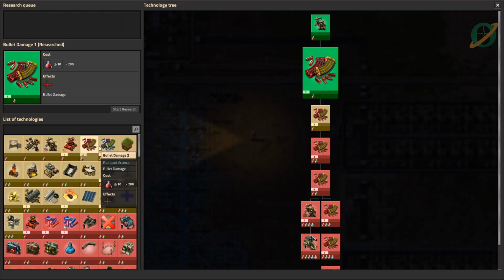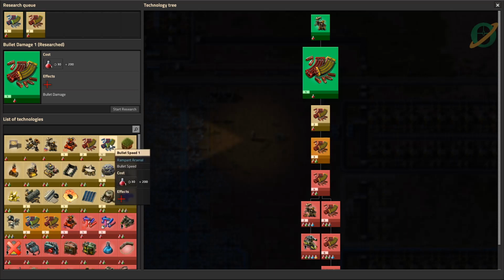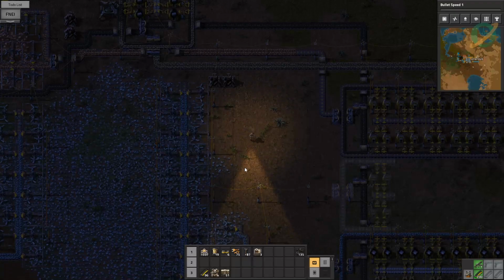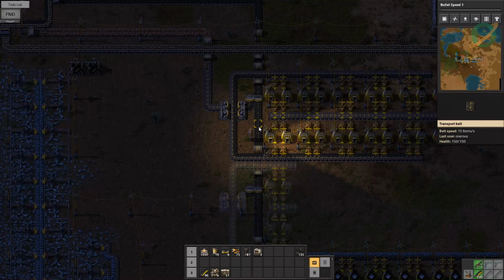Look, these are the same. These are the same cost. And bullet damage 2. Well, we haven't had a resource problem. So let's get bullet speed, shooting speed, damage, and then the second shooting speed. Yeah. All right. We're gonna invest a little bit more in military because we've just had the one attack so